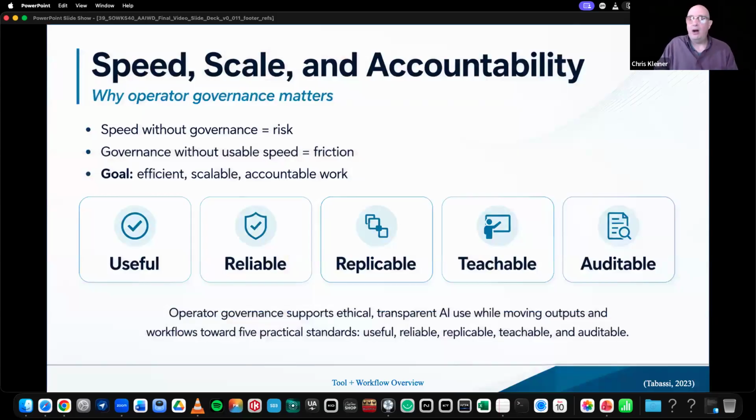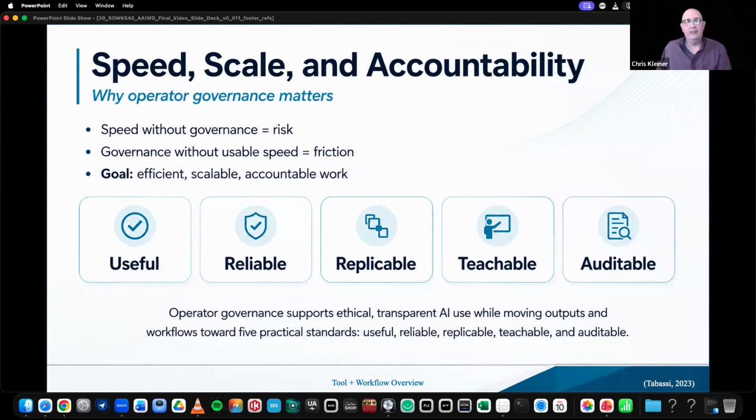I wanted this slide to pop, so I made it very bright and loud, because there's a lot of talk, and again I'm not trying to pick on apps, but people will talk about ethics and transparency, and those are great and important. I think ethics and transparency are probably the most important considerations when using AI, but I don't think they're the first. If the outputs you're getting aren't first useful, which means you actually accomplish something usable for your clients or your workplace, and reliable, which means you have enough scope going in that you can trust your outputs and replicate it by having the templates that you use to spin up.